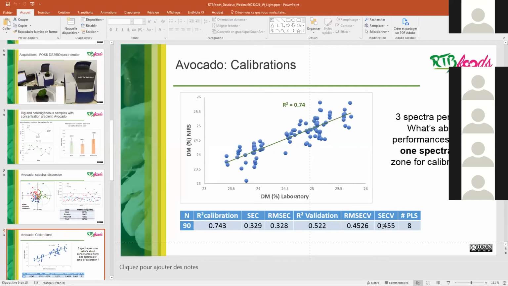That's the work done by Dominique Hugo, using the ASD QualitySpec. He took pieces of whole cassava roots, made purée, then did the spectra of the purée on the spectrometer.